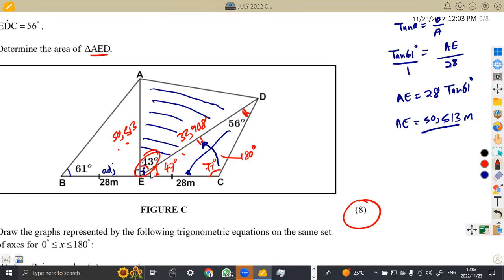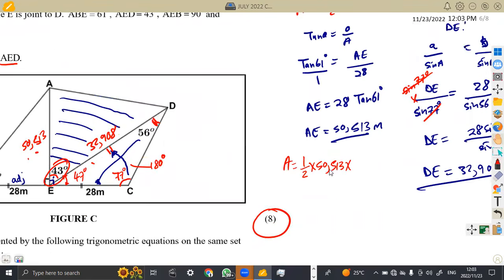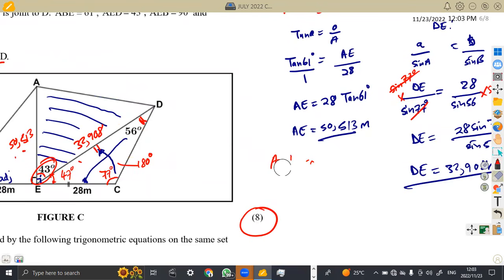So that means we can actually calculate the area. So our area is going to be half AB sine C, which is a half times 50.513 times the other side, which is 32.908. Let me just write it here. So we have our area being equal to half multiplied by 50.513